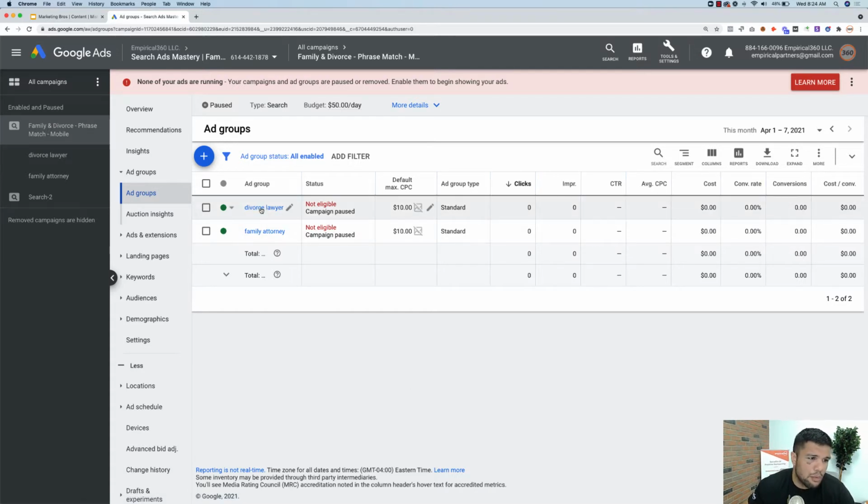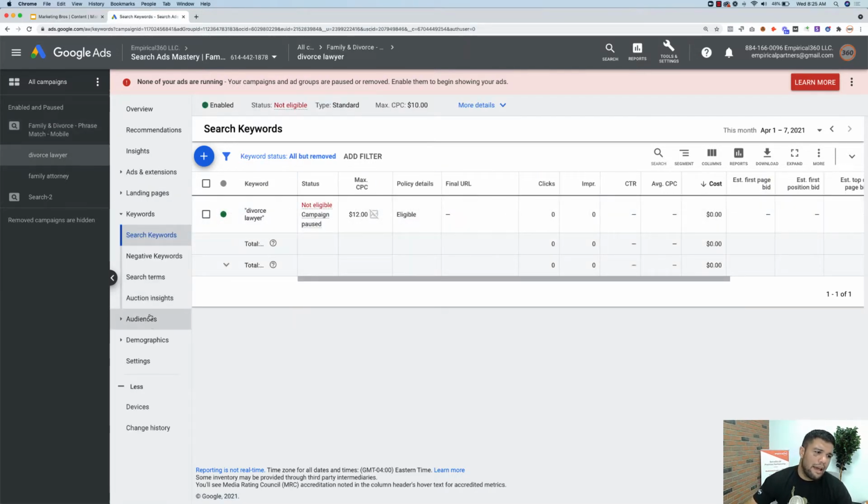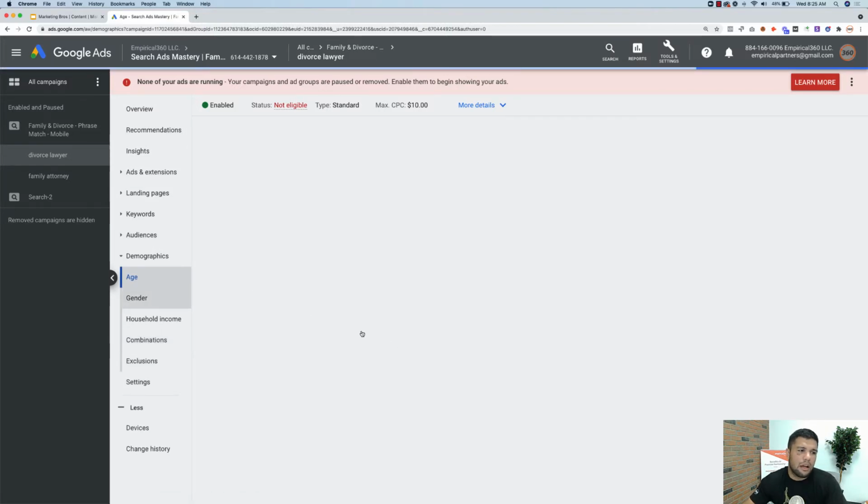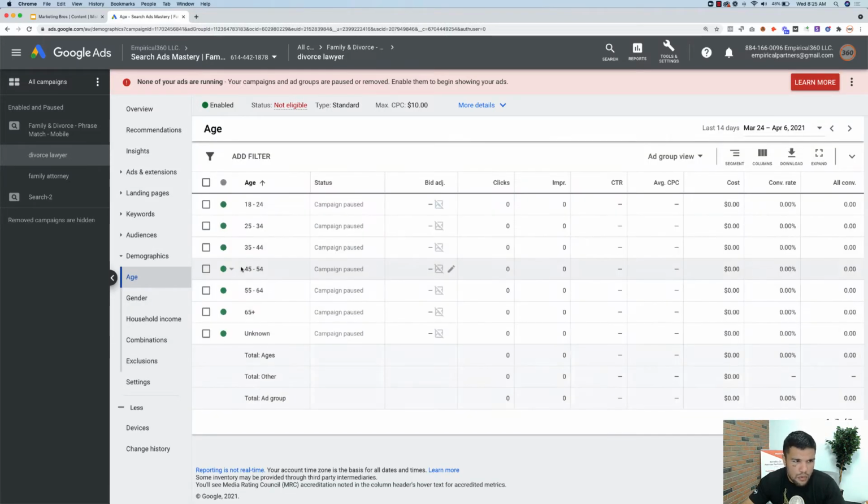So if we're in the ad group level, I click into this ad group here, and I can go to demographics. I have a couple of choices here. So number one, I can filter by age range. So this is good for, especially in the insurance market, if you're doing under 65 insurance marketing or over 65 insurance marketing, or let's say you're an orthopedic surgeon and you know that your demographic is between 45 and 65, just because that's when their knees start to wear out, or whatever it is, whatever the scenario is, you can